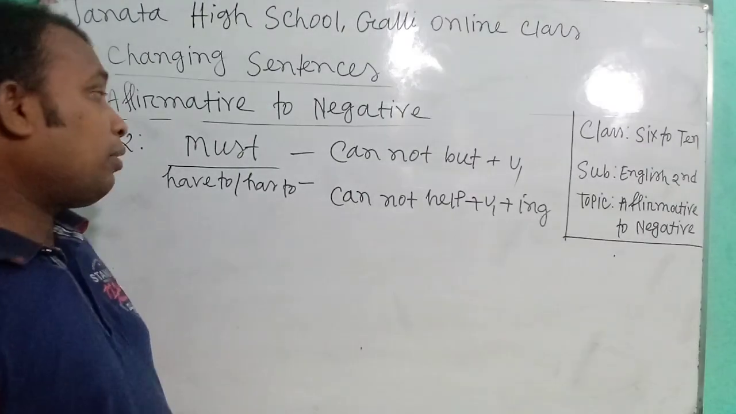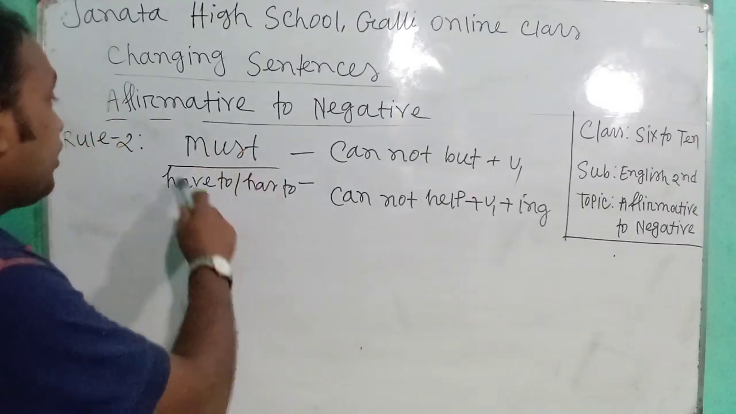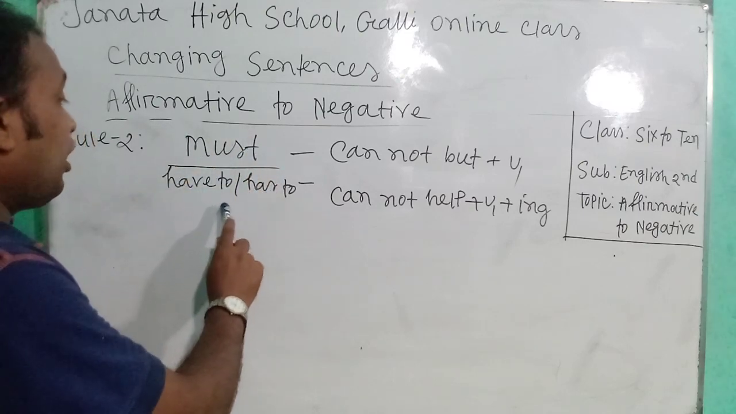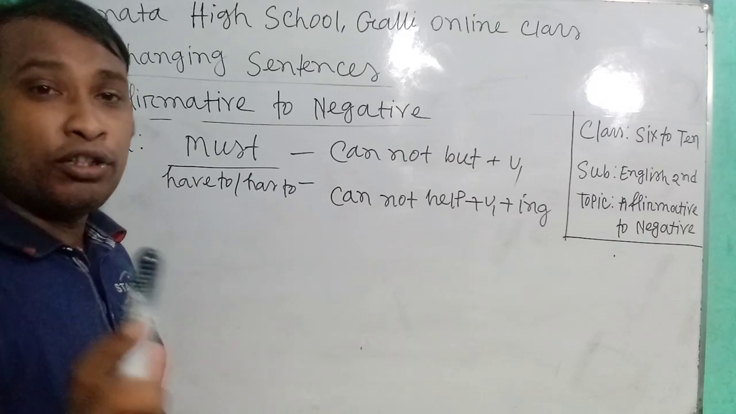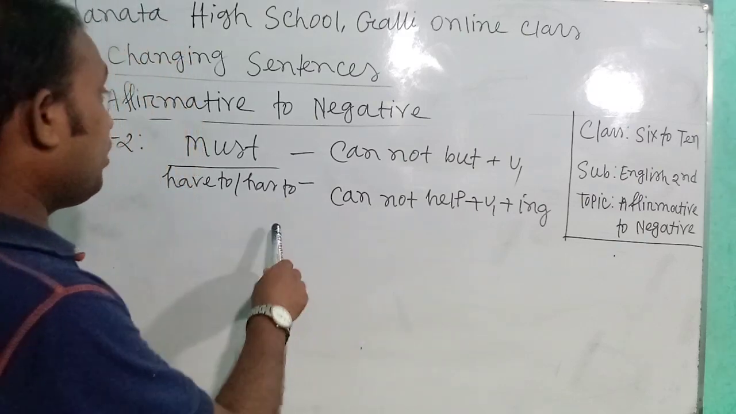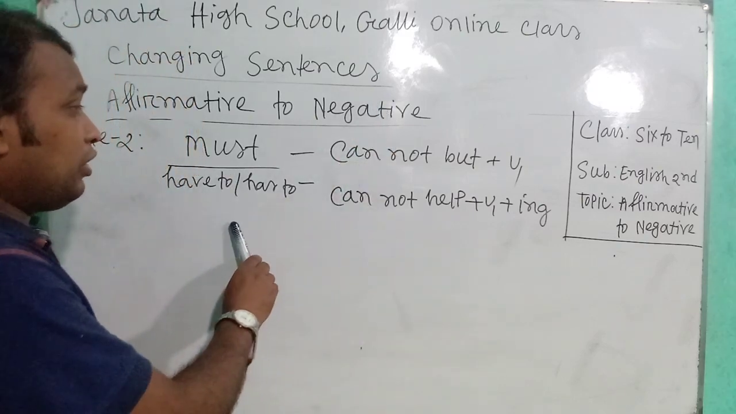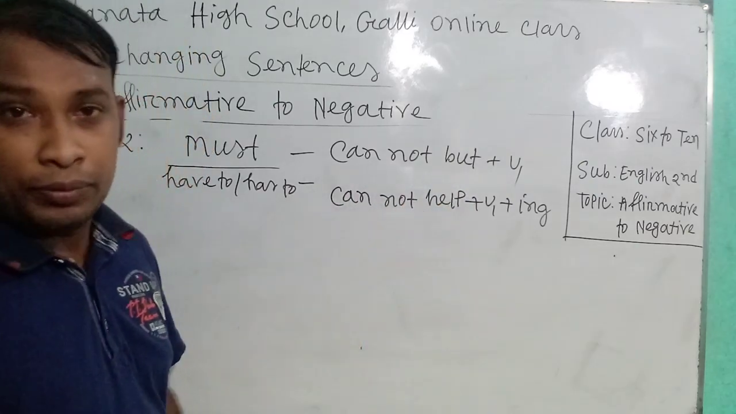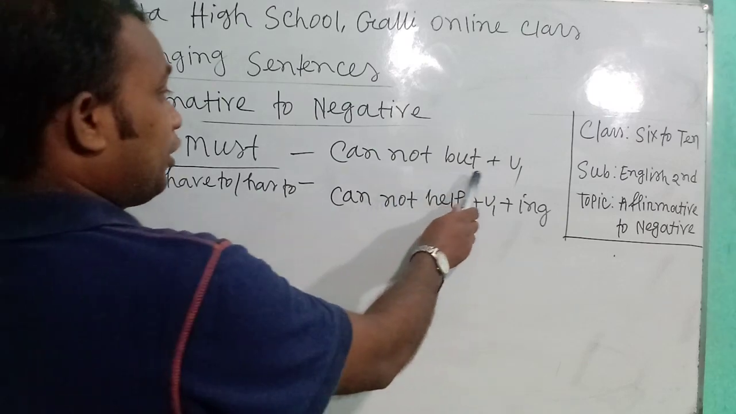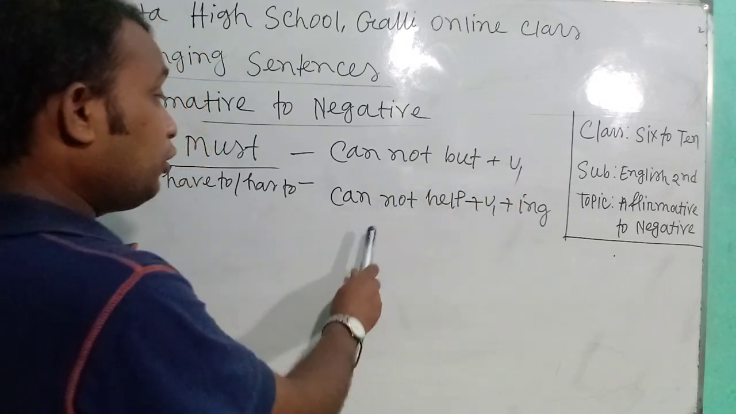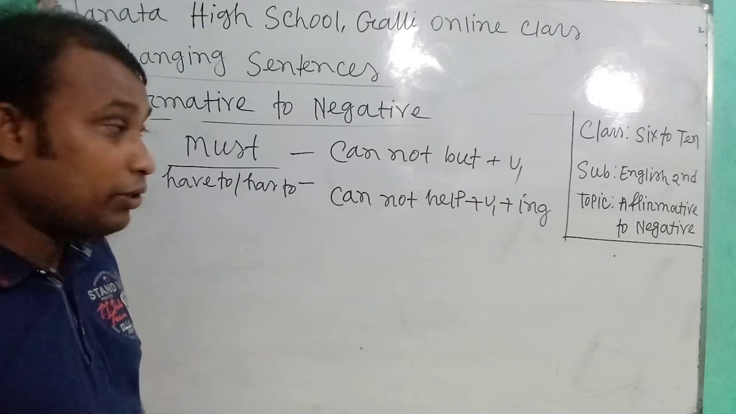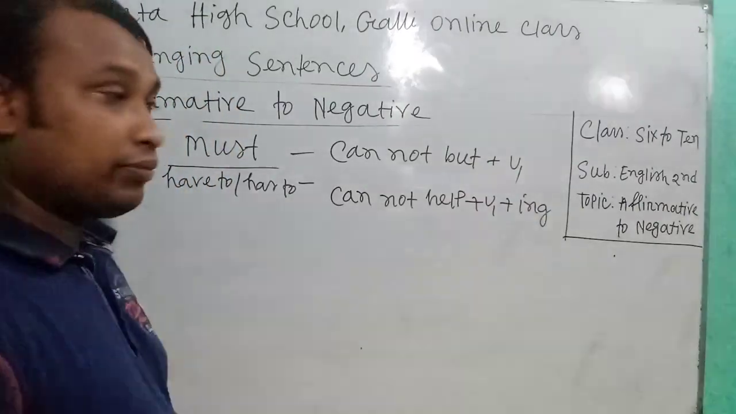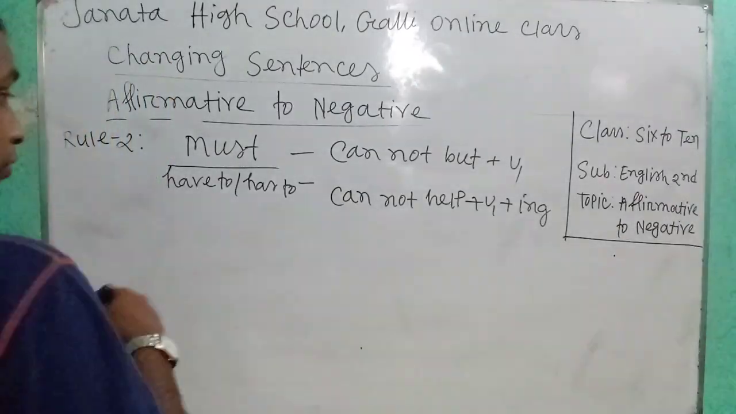হ্যাঁ শিক্ষার্থীরা, ভালোভাবে খেয়াল করো, যদি কোনো অ্যাফার্মেটিভ সেন্টেন্সে আমরা মাস্ট বা হ্যাভ টু বা হ্যাজ টু দেখি, তাহলে নেগেটিভ করার সময় মাস্টের পরিবর্তে ক্যান নট বাট অথবা ক্যান নট হেল্প ব্যবহার করব। ক্যান নট বাটের পরে অবশ্যই ভার্বের বেস ফর্ম, কিন্তু ক্যান নট হেল্প ব্যবহার করলে ভার্বের সাথে আইএনজি যোগ করতে হবে। ওকে, নাউ লেটস টেক অ্যান এক্সাম্পল।